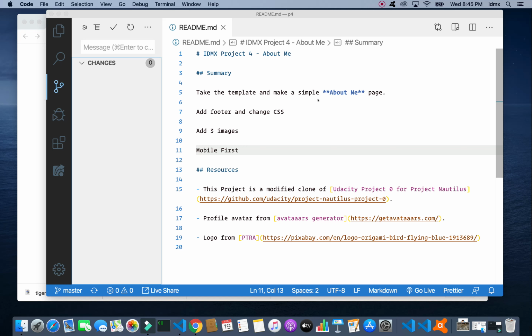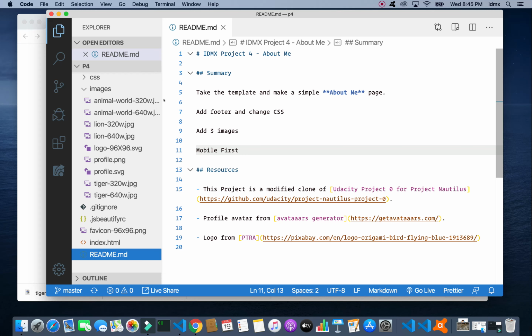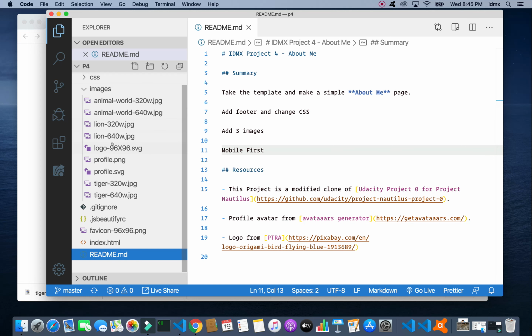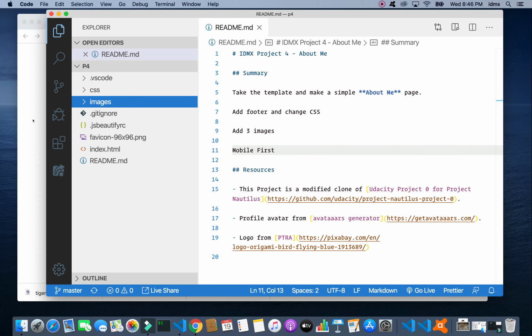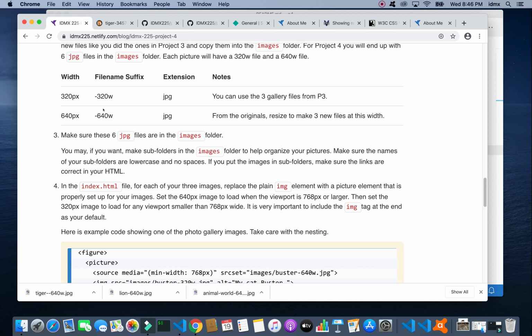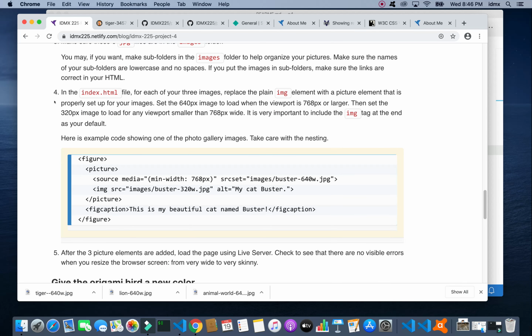So in the last video, I went ahead and made my new sized image files. And I went ahead and wrote a commit message and did a push. I've got the files here in the images folder. And as we can see, nothing is highlighted because I've just done a push. So I can close that images folder down, come to the instructions, and at this point I'm ready to start